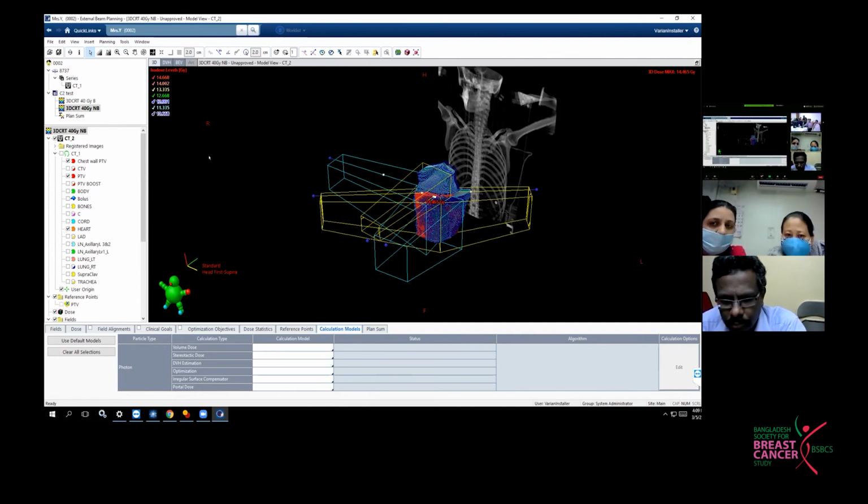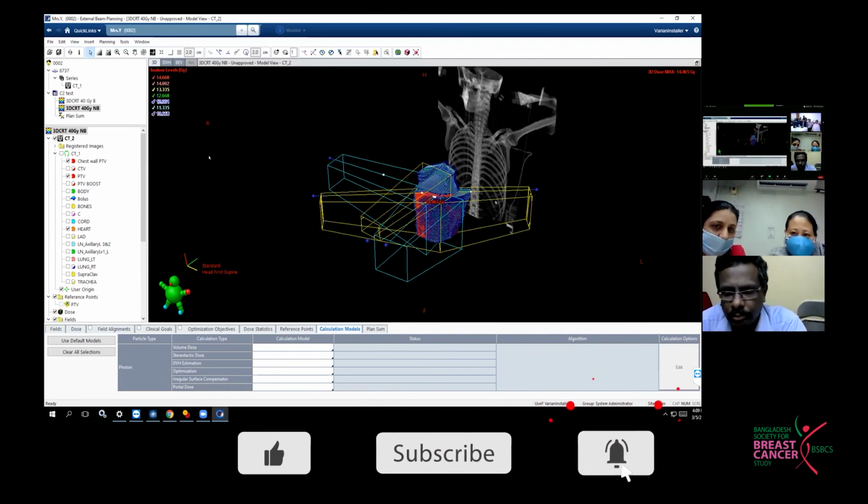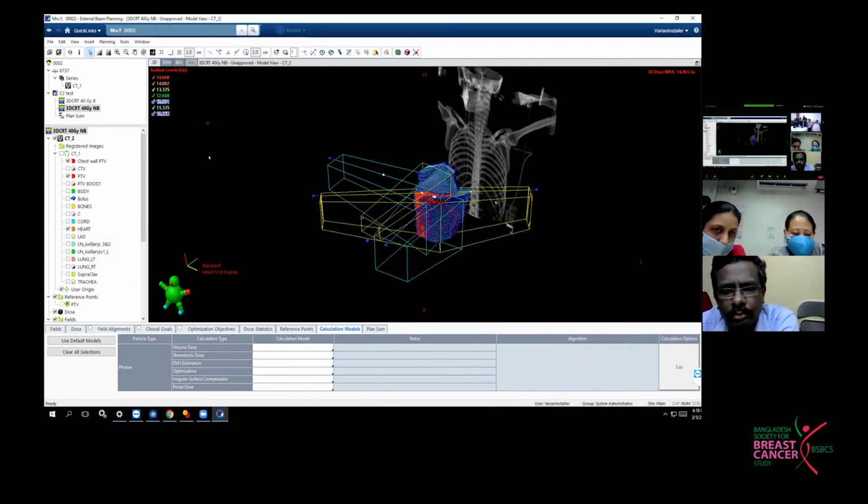Because as you know, we have discussed, and I had shown in my talk also, that in hypofractionated radiotherapy, restricting the overdose volume, that is 105, 107%, is very, very important. Because of the differences in the calculation algorithm, we have noticed that when we do the calculation with Acuros, it gives a little higher hotspot compared to AAA. So we have moved towards using Acuros for all cases. Though it takes a little more time, I think it's worth doing. It will give the most accurate deliverable dose.